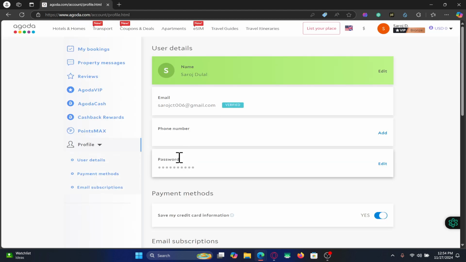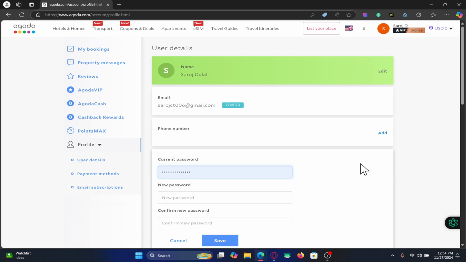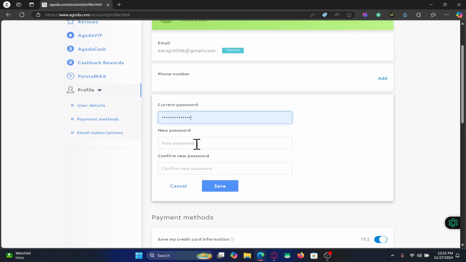Now, in order to change your password, just click on the Edit button alongside Password section, and you will now be allowed to create your new password. Type in your current password within the current password box, and then enter your desired new password underneath within the new password section. Then type in this new password once again for confirmation, and finally click on the save button,